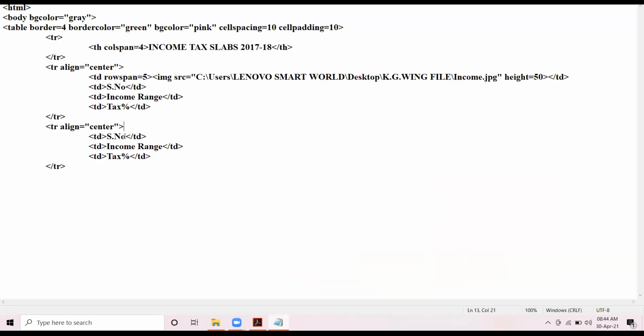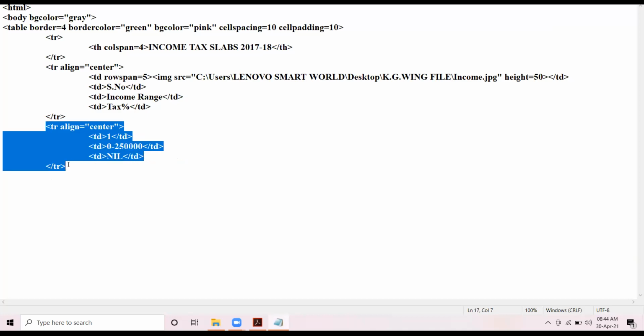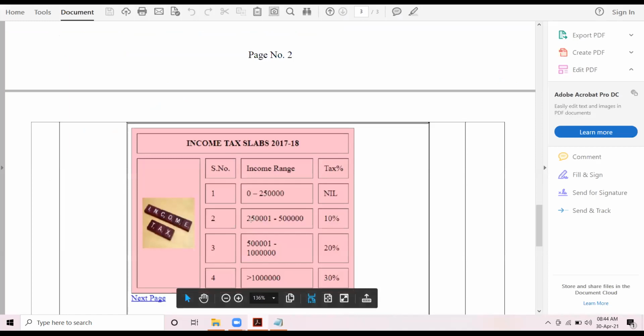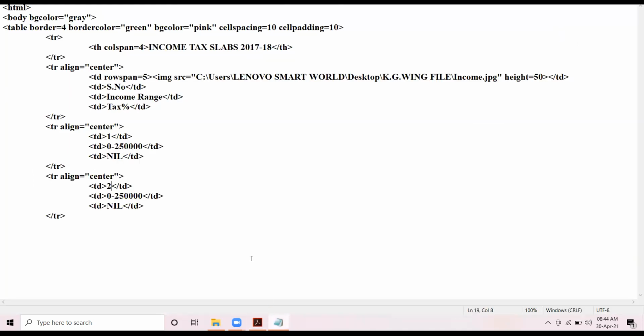We have here serial number as 1. Income range is 0 to 2,50,000 and tax percentage is nil. Right? Then copy paste this and create another row. Serial number 2, income range 2,50,001 to 5 lakh, and tax is 10%.